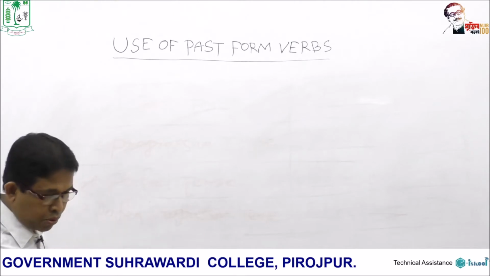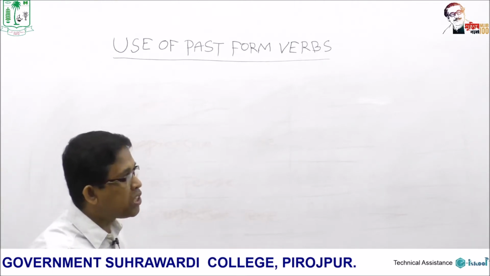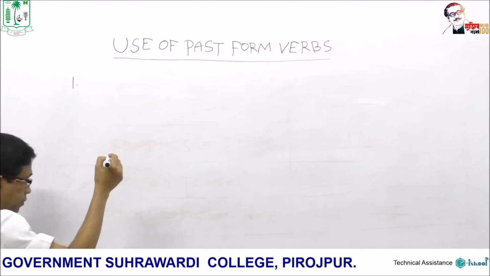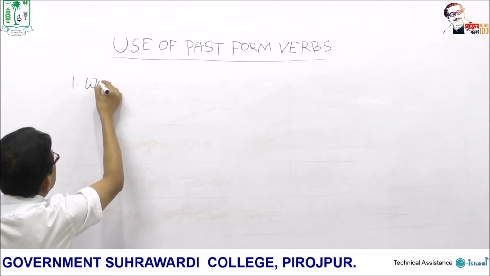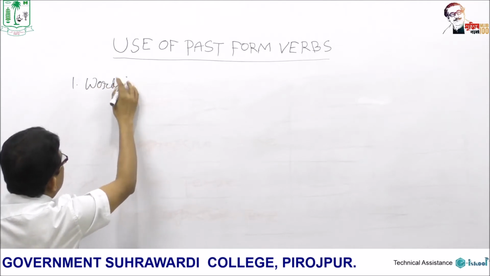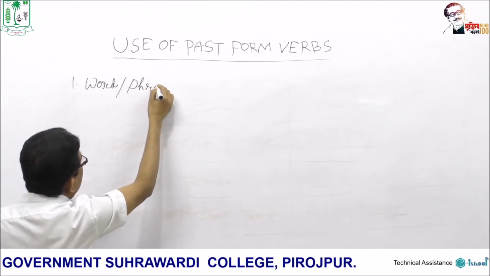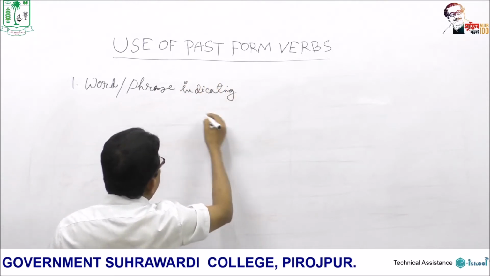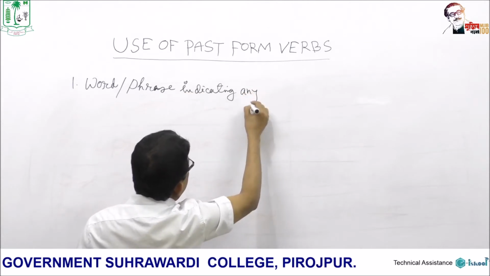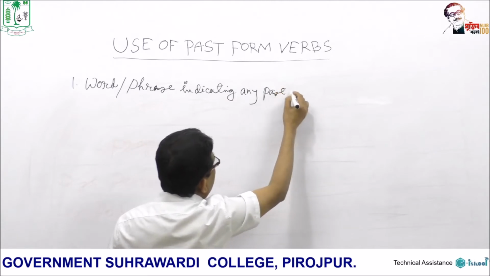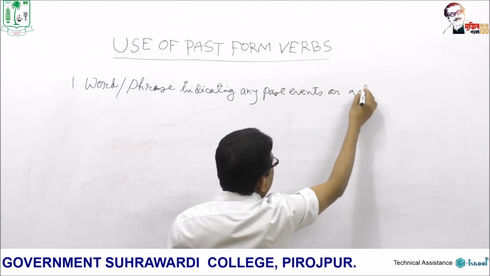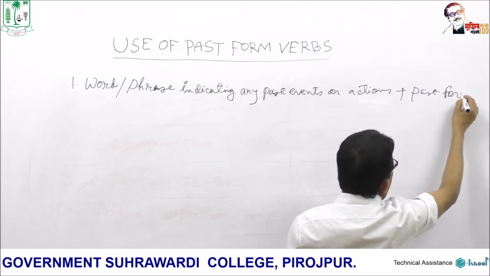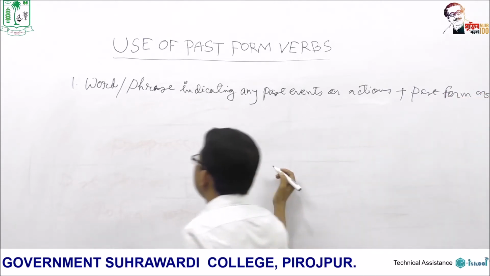Some of the major rules which help us in using the past form of verbs. Number 1, word or phrase indicating any past events or actions plus past form of verbs. For example,